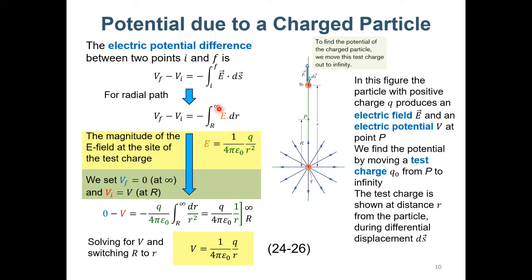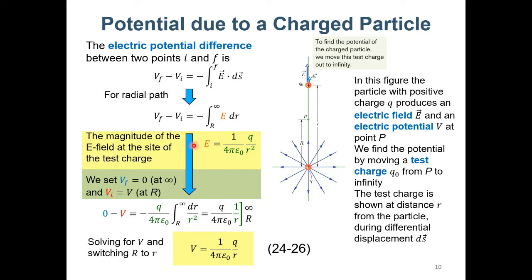And the final point should be infinitely far away on the R axis, because on the R axis the center is small r equal to 0, and R can only be a positive value, so it goes to positive infinity, but there are no negative values for the R axis. So we assume Vf equals 0, and then